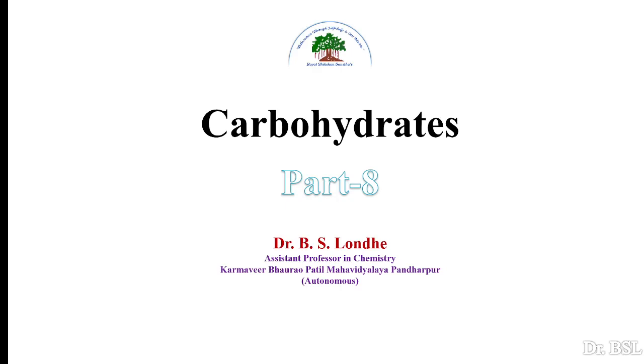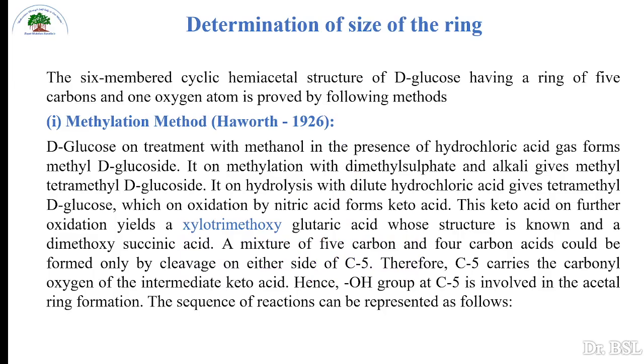Carbohydrate part 8. We will see the determination of size of the ring. The six-membered cyclic hemiacetal structure of D-glucose, having a ring of 5 carbon and 1 oxygen atom, is proved by